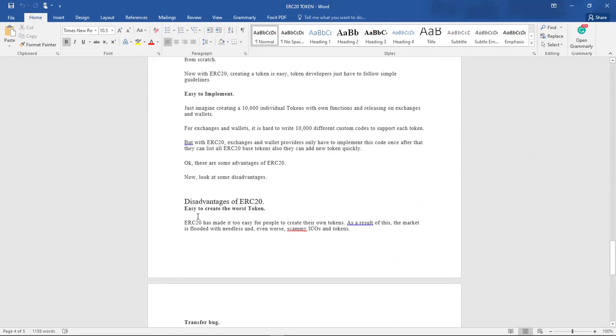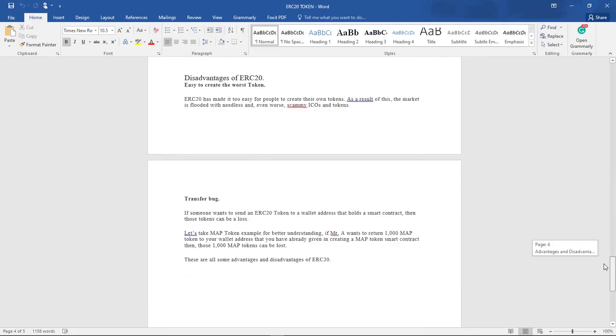The easier they are to create, the more they tend to be the worst tokens, because anybody can come up with an ERC20 token, deploy it on the network, and start selling it. That's why we have a lot of ERC20 tokens.